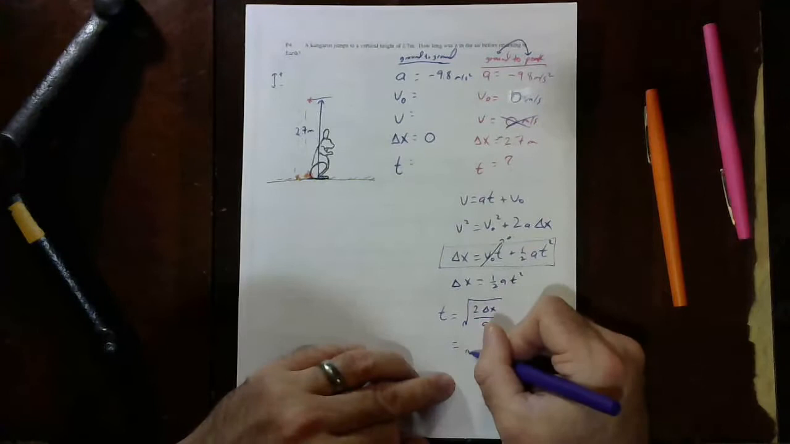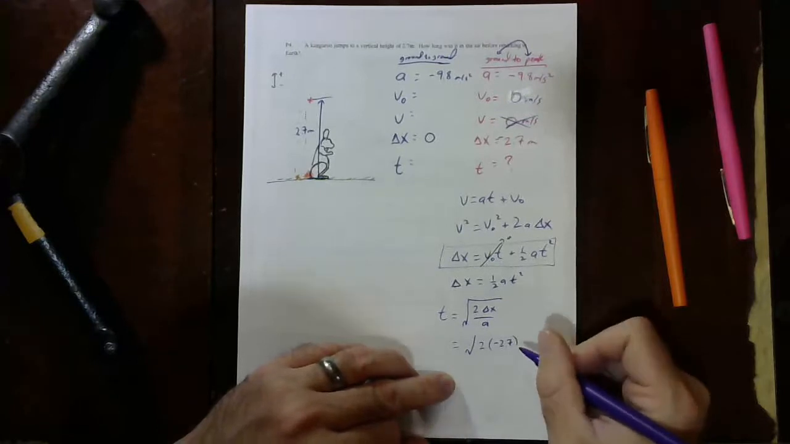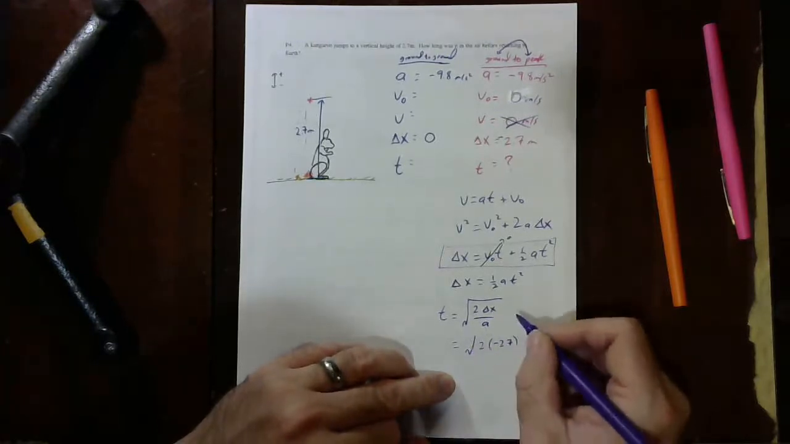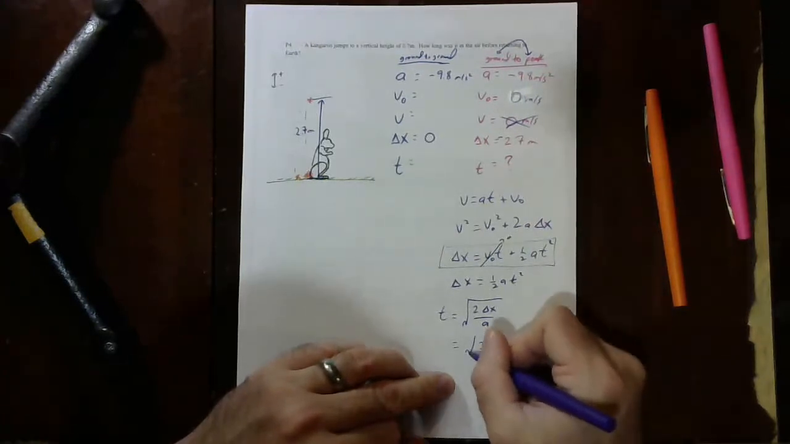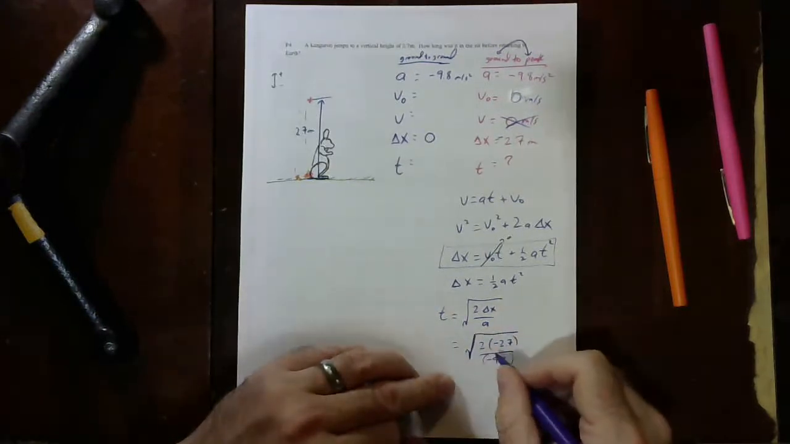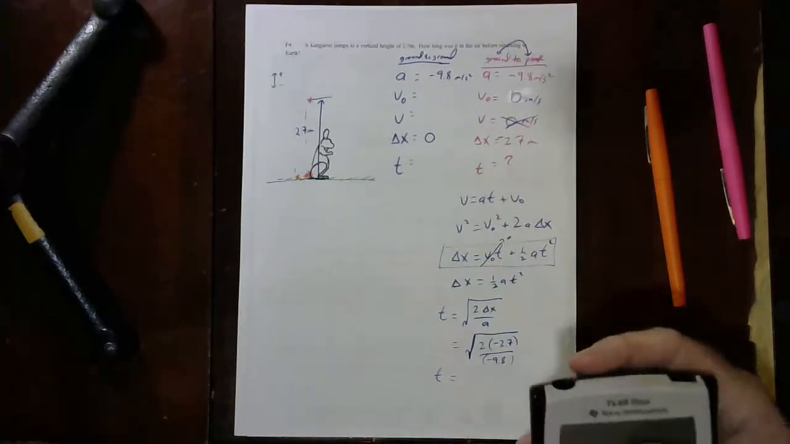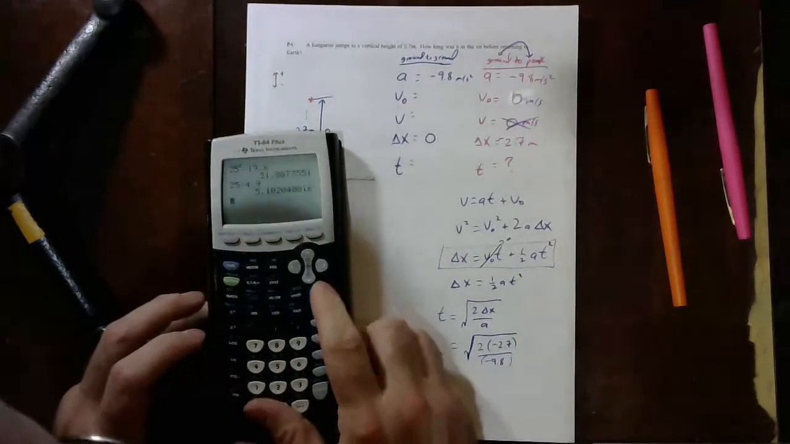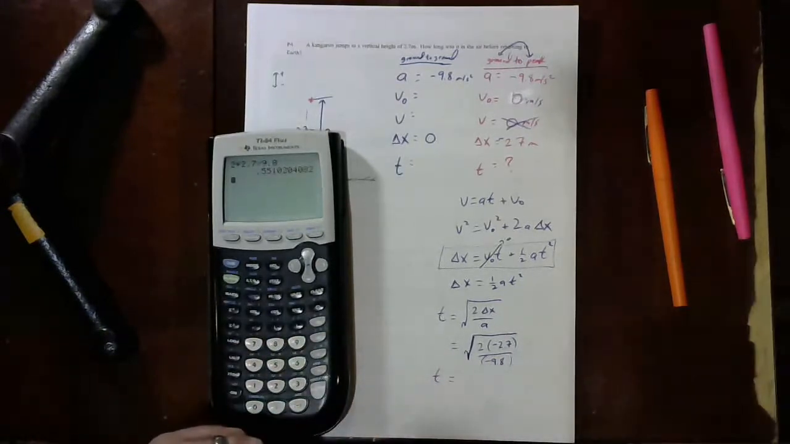And so put in my values, square root 2 times, my displacement was a negative 2.7. You ever get nervous when you put a negative under a radical? Fortunately, the acceleration is another negative, negative 9.8. So those two negatives are going to cancel each other out. Shoo! We'll get a positive. We can take the square root. And this is where I reach for my calculator. And we say 2 times 2.7 divided by 9.8. Okay. And we get